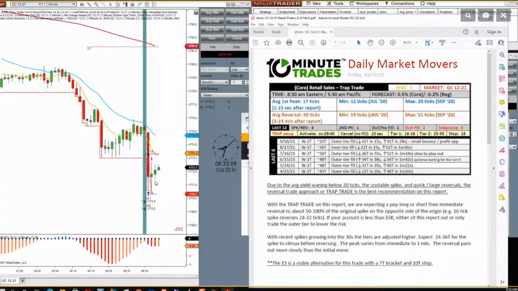Now, you've got one recent breakout that worked. And when I'm saying to you folks, honestly, it's one. The trap trade has been working every month.